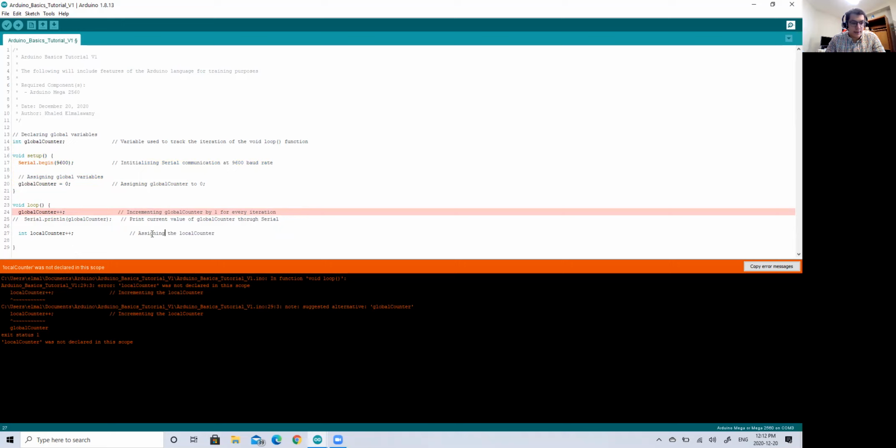So in this case here, we can just include our int local counter, assigning the local counter to 0. So the local counter here is local to the void loop function. And I can declare an if statement. An if statement is a statement that will only occur if what you have inside there has happened. So in this case, I could do an if statement on a global counter. And I say that if global counter is equal to, I don't know, 5,